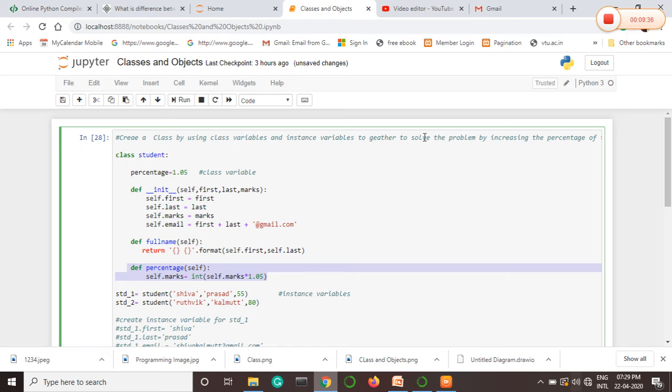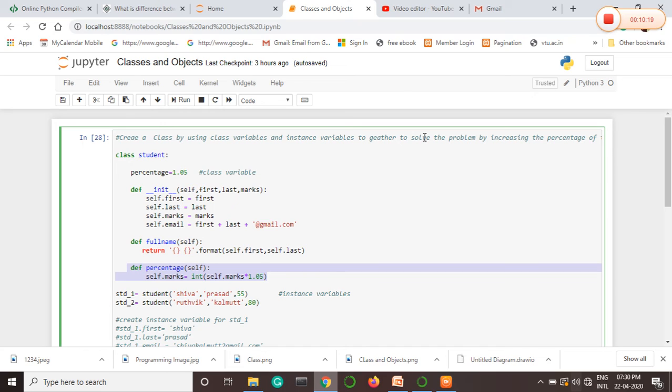If anybody asks us what do you mean by classes and objects, what we can say: class is nothing but a blueprint which helps us to create the objects, and objects are those which act as instances of our class. Without an instance, there is no object. Without an object, there is no class. Similarly, without a class, we can't create an object. And a class contains different attributes. Those attributes are nothing but variables which help us to define the data for those variables using the objects. Okay, this is about the classes and objects.